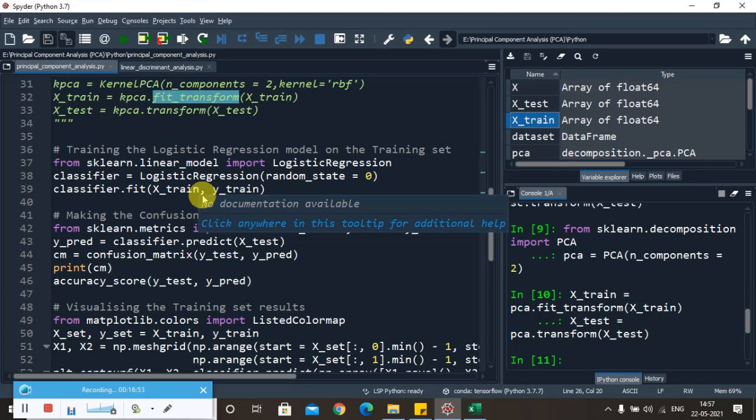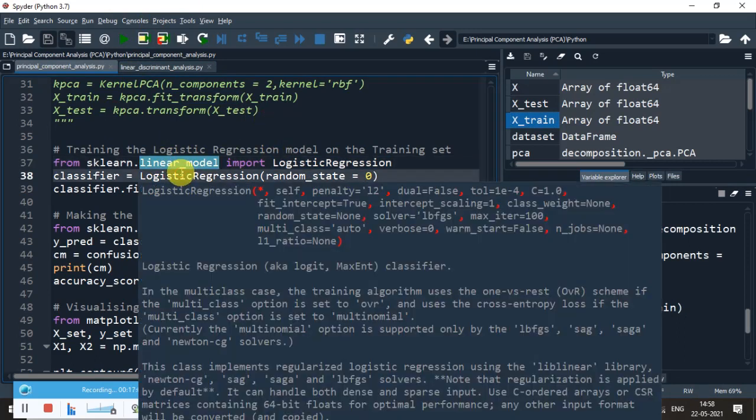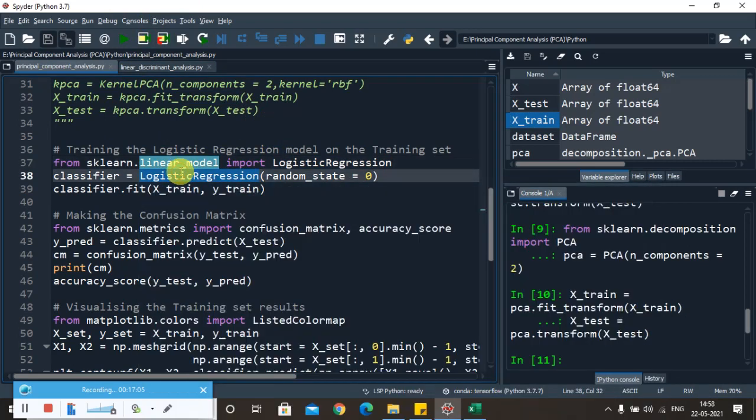I import a class called logistic regression from the module linear_model. After that I'm going to create an instance of the class, passing the parameter random state equals 0, and put it in an object classifier.